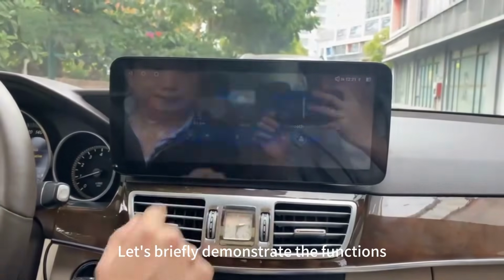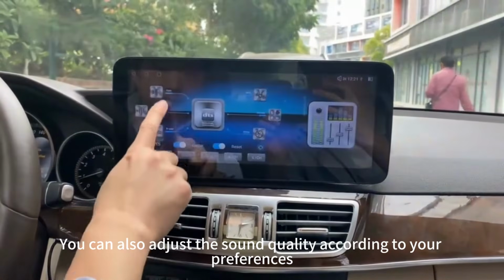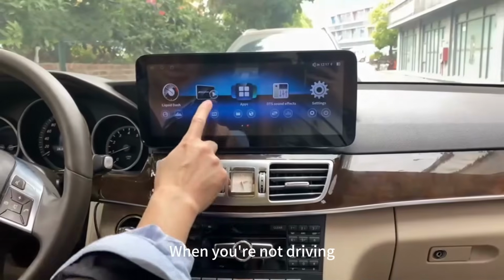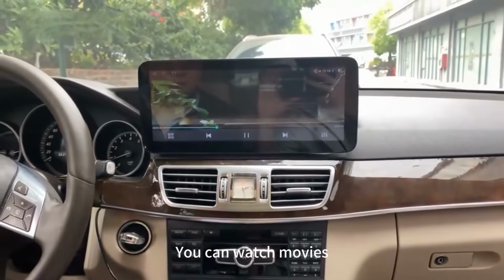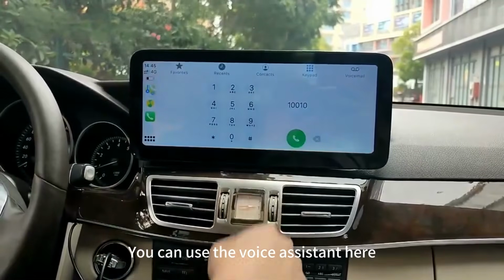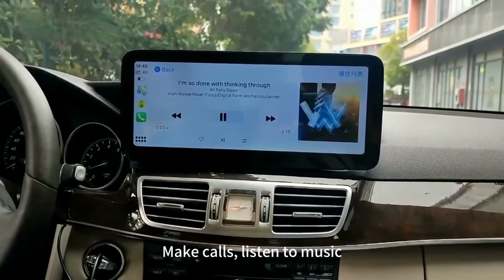Let's briefly demonstrate the functions. It supports music playback. You can also adjust the sound quality according to your preferences. When you are not driving, you can watch movies. It supports wireless Carplay. You can use the voice assistant here, make calls, listen to music,